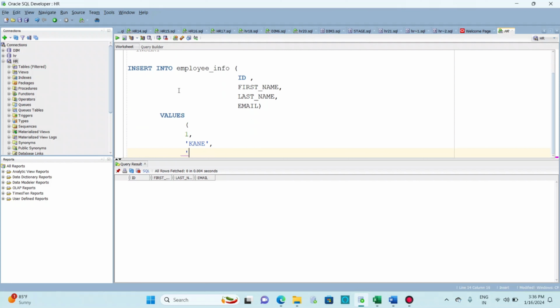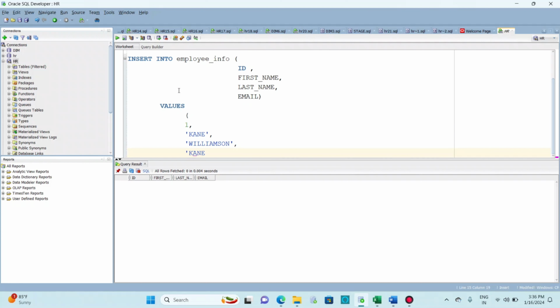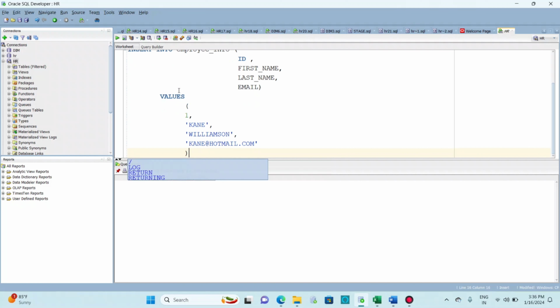Then last name I will give as Williamson, and then comma, and again in single quotes I will give the email ID as ken@hotmail.com. This is only for example, so I will give it like this: complete the single quote, complete the bracket,